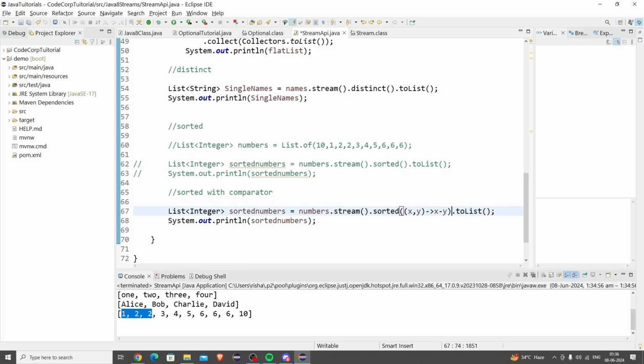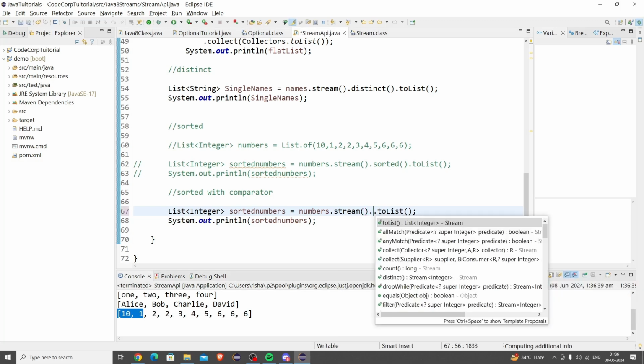So when I have got this sorted, then suppose I am not sorting or doing anything. Suppose I have given a stream and then I have returned it to a list, so I'm getting this value. Suppose I want to skip this one value or these two values. In this case, I will use stream dot skip,